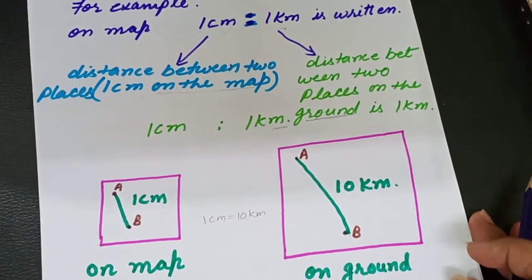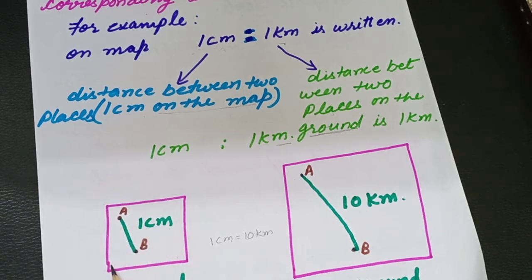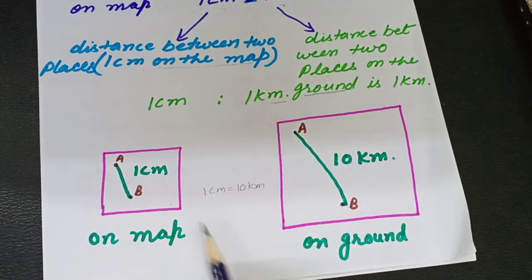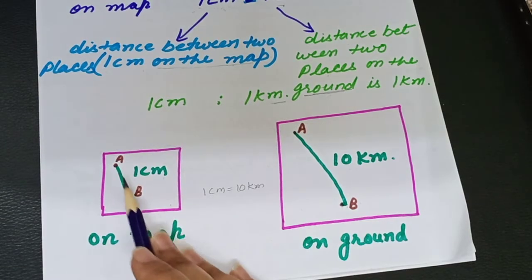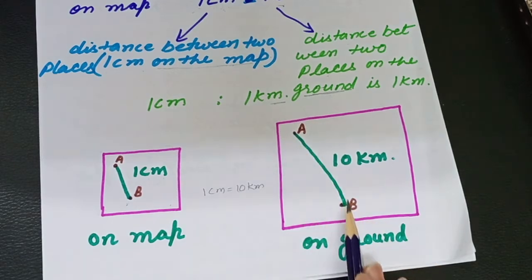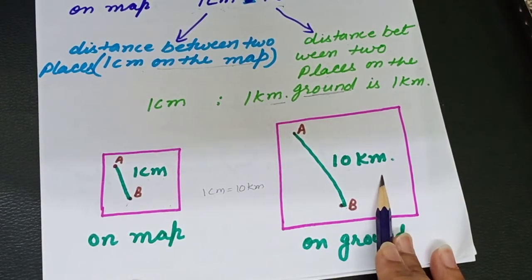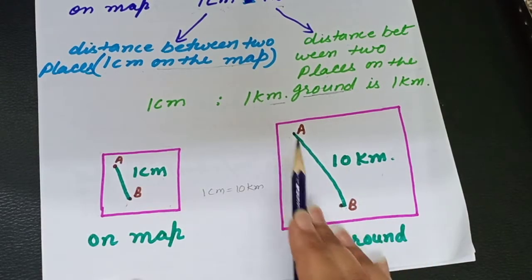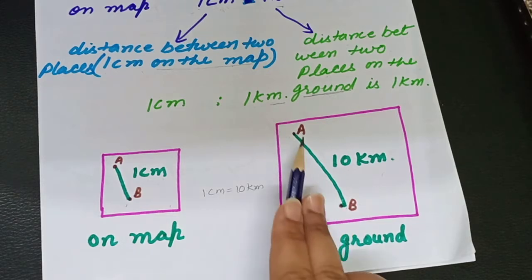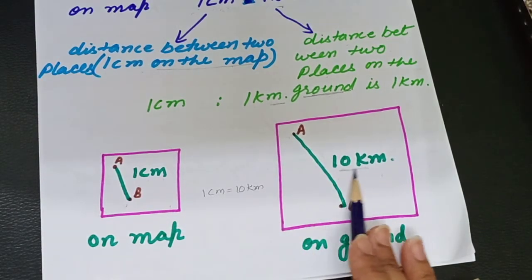Let me explain you like this also. See, this is a paper and this is actual ground. So here the distance between two places is 1 centimeter and the distance between same two places on the ground is 10 kilometers. The places are A and B. So if the distance between A and B is 10 kilometers on the ground,